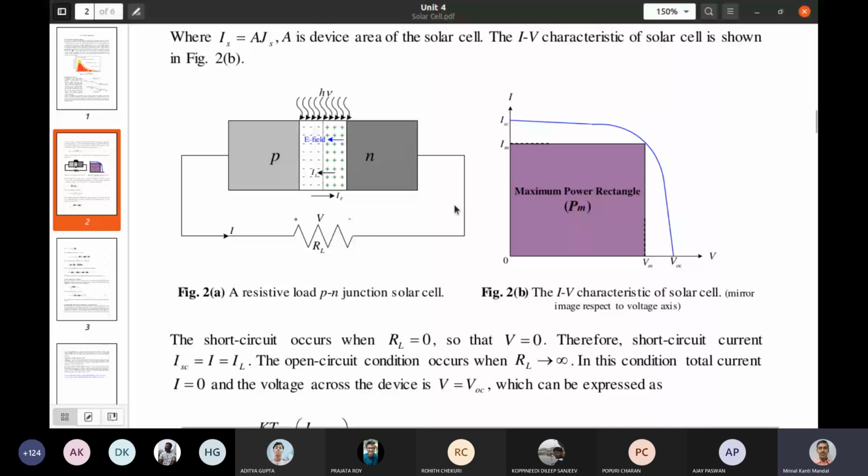Electron will move from the n side towards the p side, and then it will neutralize the hole. That means in the external circuit we will get one current from p to n. And in the junction you see electron is moving from p to n and hole is moving from n to p, right? So in the junction we will get another current, that is IL. We will call it IL